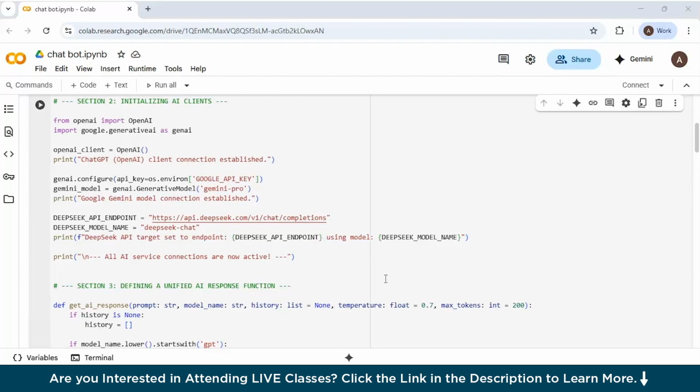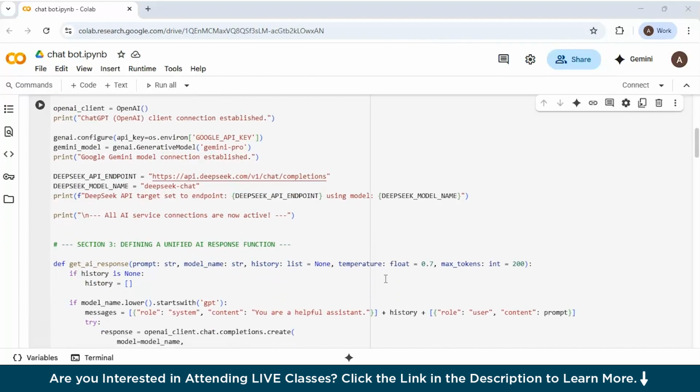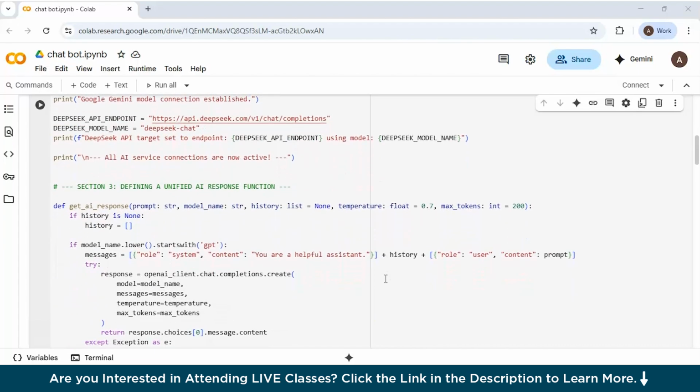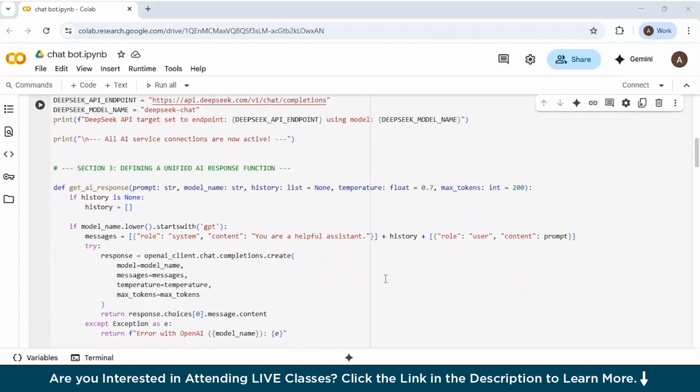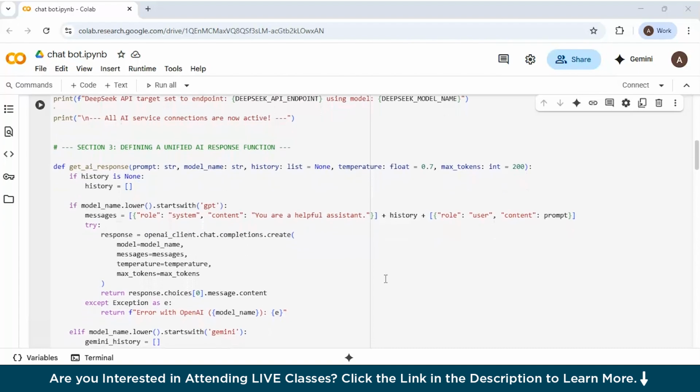Lastly, for DeepSeek, instead of creating a client object, the API endpoint, which is the DeepSeek API URL, and the model name, which is the DeepSeek model name, are defined as string variables. This configuration and object instantiation create the active communication channels that are used to send requests to each of the three AI models. In section 3, which is defining a unified AI response function, this section introduces the core